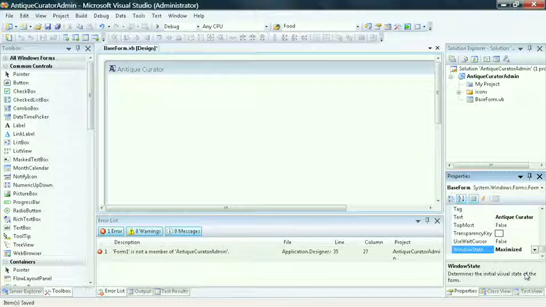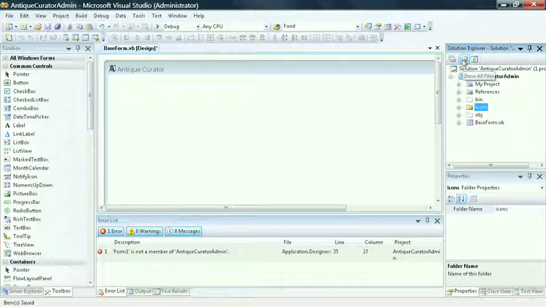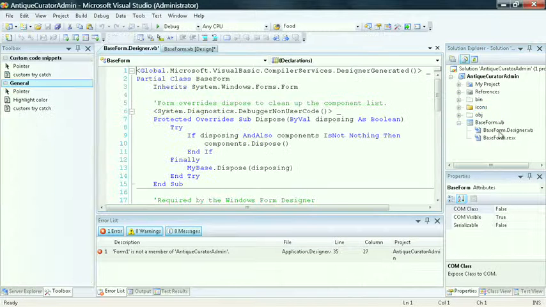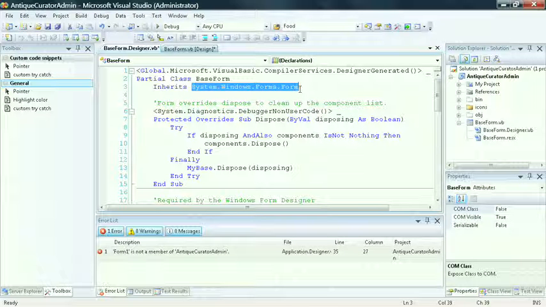Let's take a look inside our solution so far. In your Solution Explorer, select the Show All Files button. This will expand all the files that are available besides the basic ones. Underneath the Baseform VB file, you'll see two other files. One of these is called baseform.designer.vb. Double-click on that. At the very top, notice that this base form inherits from the